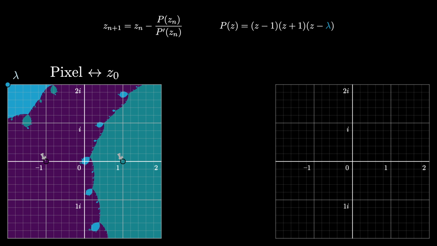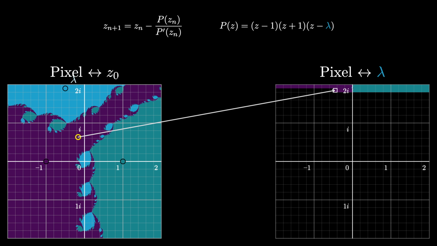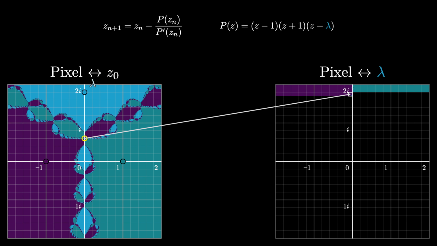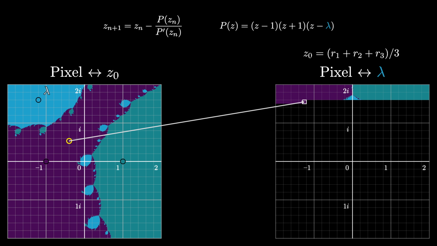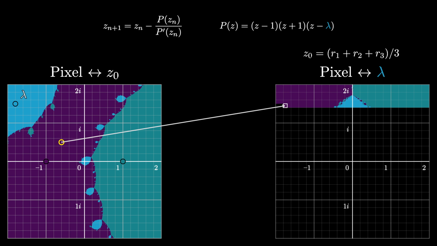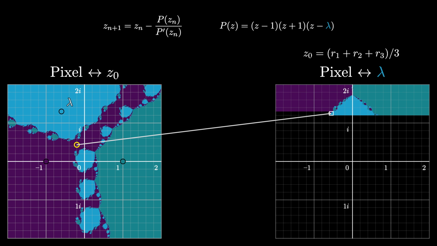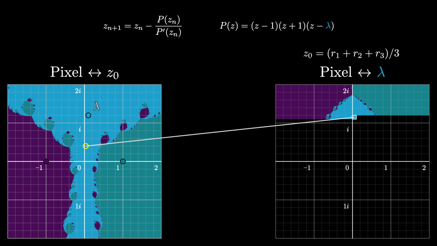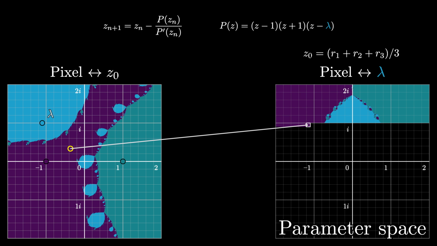Remember, the key feature that we're looking for is when the point at the center of mass is black. So what I'll do is draw a second diagram on the right, where each pixel corresponds to one possible choice of lambda. And what we're going to do is color that pixel based on the color of this midpoint of the 3 roots. If this feels a little bit confusing, that's totally okay. There are kind of a lot of layers at play here. Just remember, each pixel on the right corresponds to a unique polynomial, as determined by this parameter, lambda. In fact, you might call this a parameter space. Sound familiar?